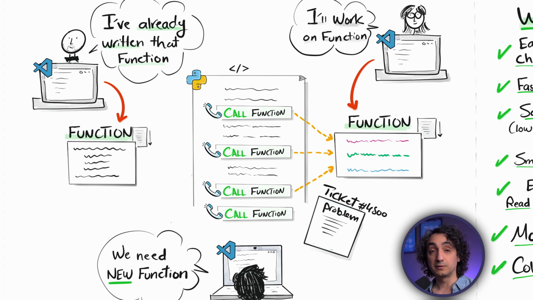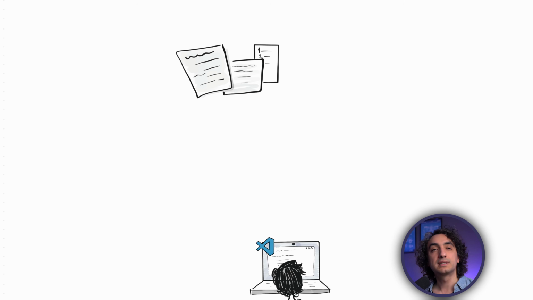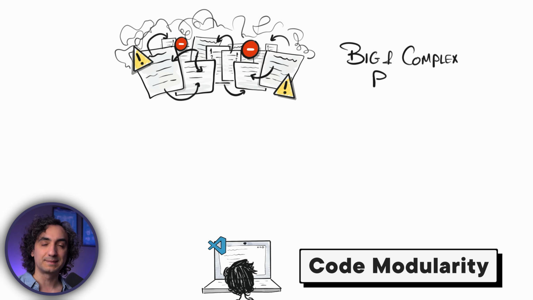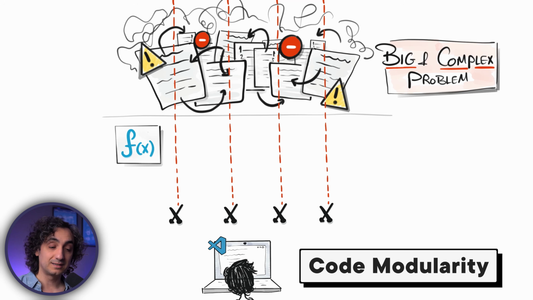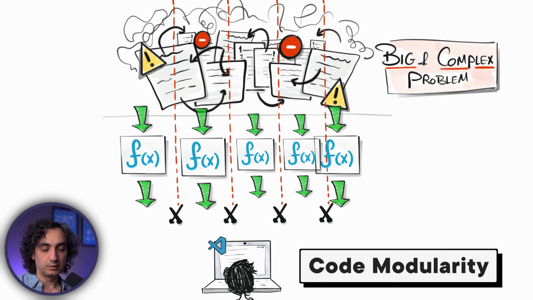With that, we save a lot of time, we avoid reinventing the wheel, and the whole project can be faster. And now we come to the last benefit of using functions. I'm gonna introduce something called modularity. This is a way of breaking a big complex problem into smaller manageable pieces. That means functions are one tool to overcome complex problems where you divide and conquer.